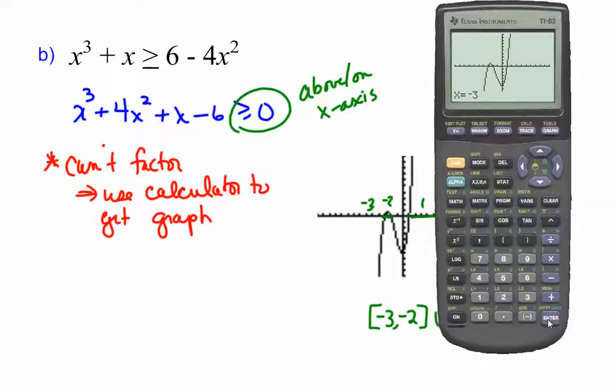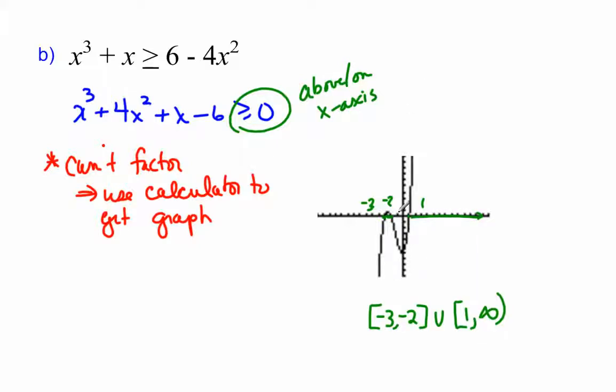Let's check. Is it negative 3? Yep. And then I bet that one's going to be negative 2. Yep. And then, of course, that one's going to be 1. I'll let you trust me on that. Okay, so if I'm looking here at my picture, I've marked my zeros, and I asked, what am I looking for? I want it greater than or equal to 0, so that means above or on the x-axis. Well, it's just on and above, right in this little tiny interval from negative 3 to negative 2, again with brackets, and then it drops below until I get to 1 to infinity. So bracket on 1 to infinity.